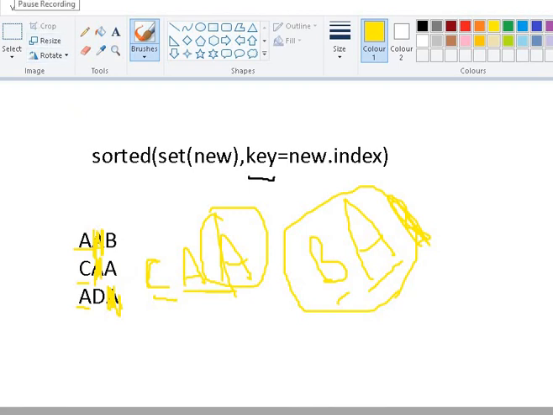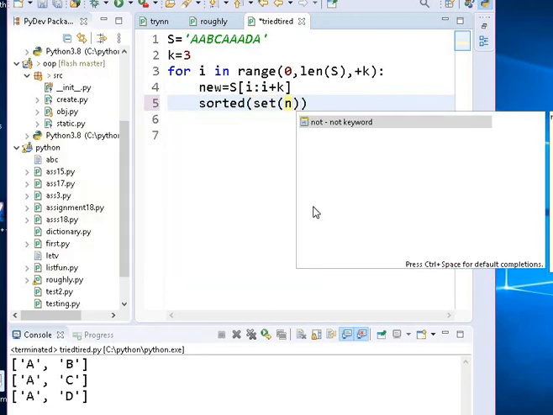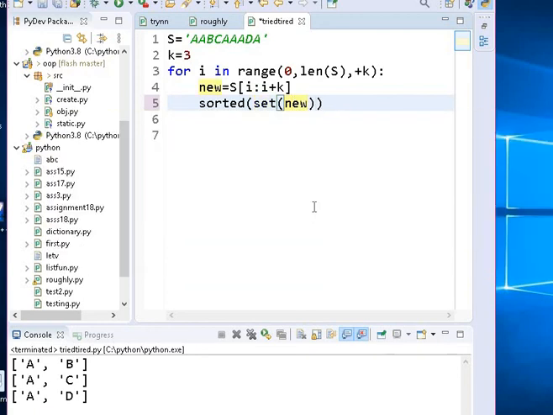Now let's learn how to implement it in our program. I have already shown you. What is this? Set of new, comma. What after the comma?